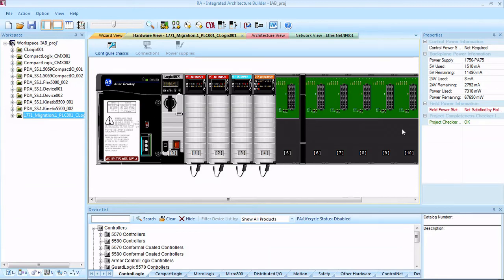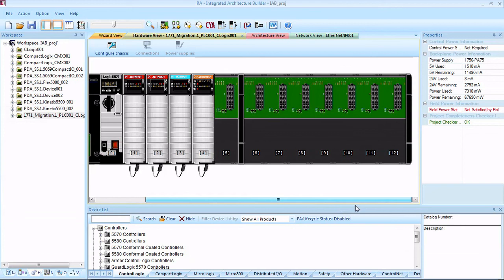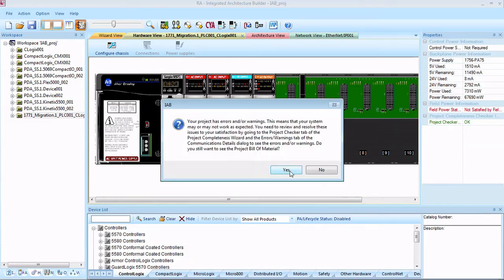Now from here we can add extra cards that we know we have to add, make any adjustments, put an Ethernet module in to add it to our Ethernet network, fill these all in with N2s, whatever you need to do, and then add them to your bill of material. And then when we do bring up our bill of material,